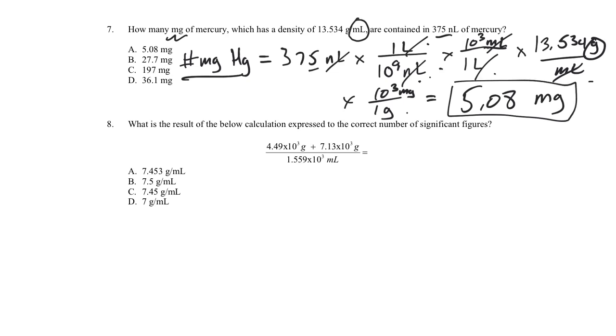Okay, what I wanted to mention with this is when you're putting this into your calculator, sometimes I see students do, say, 375 nanoliters, and then divide by 10E10. Yeah, so if you do 10E10, that would mean 10 times 10 to the 10. That's not what we want to do. If you do 10E9 in your calculator,